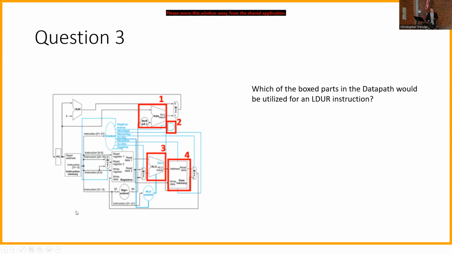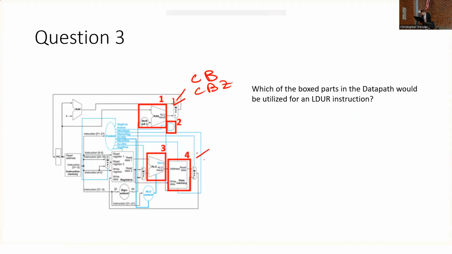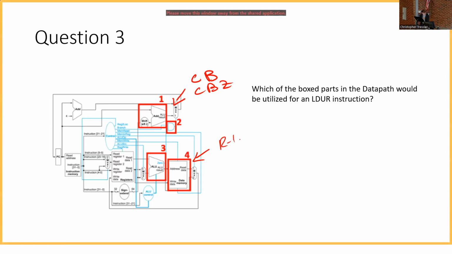I think the parts up here are going to be used for things like CB and CBZ, whereas these right here will be used for a lot of things, including R type and all that. So let's see, R type, I think. So what that means is that for this LDUR instruction, we're going to have